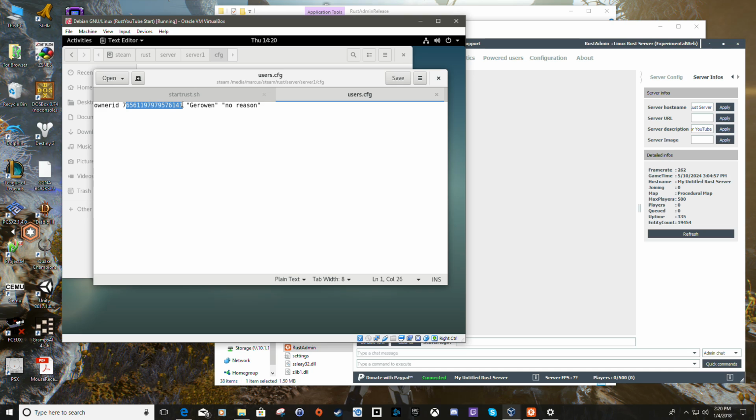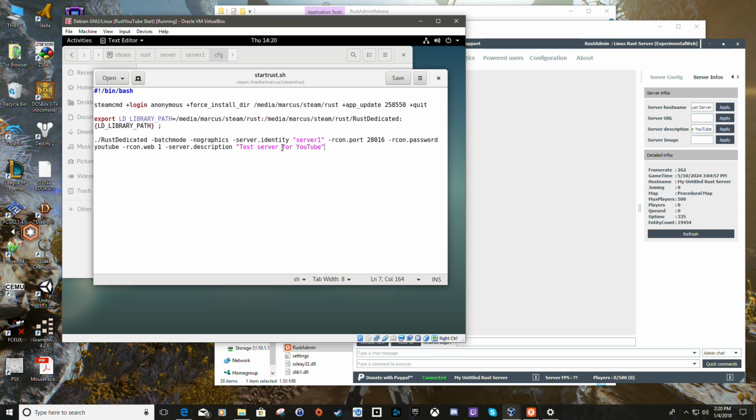Now your Steam ID, this is your 64-bit Steam ID. So you can just Google Steam ID finder, and there's all kinds of websites where you can punch in your Steam username, and you want your 64-bit Steam ID. So go ahead and just put ownerid, space, 64-bit Steam ID, space, name in quotes, space, reason in quotes, and save that users.cfg file, and then kill the server process, and then restart your Rust server,